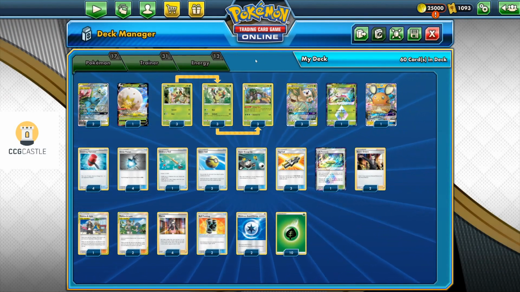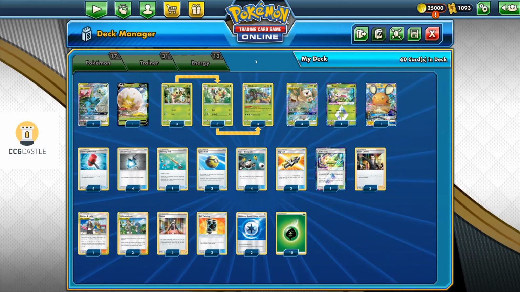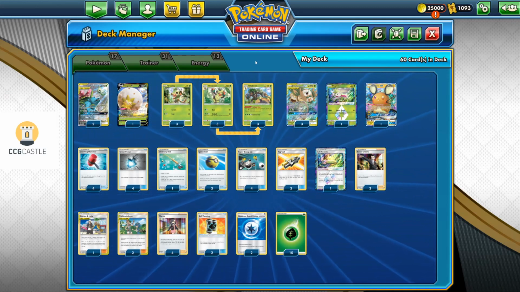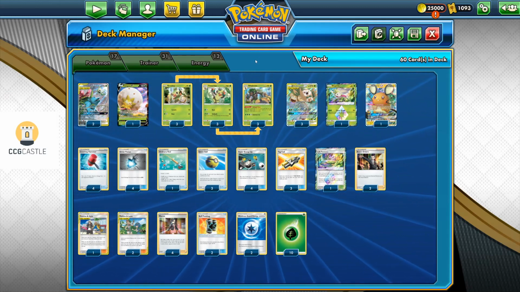Really risky play to go with only 4 copies of Marnie for the support play, but with the Dedenne GX and Eldegoss, I don't know. Somehow I think it should be enough. It might not be enough. It's a really risky deck list. We shall see how it will work